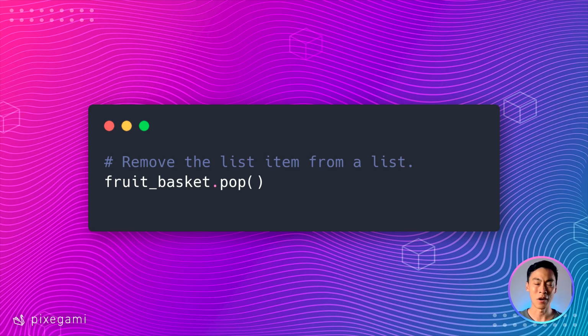Now, obviously that has limitations because it does mean you have to design your list and your data in a way that when you remove it, you only care about removing the thing at the end. So it does make it harder to design and harder to think about, not as flexible to use as the remove method, but it is the most efficient.